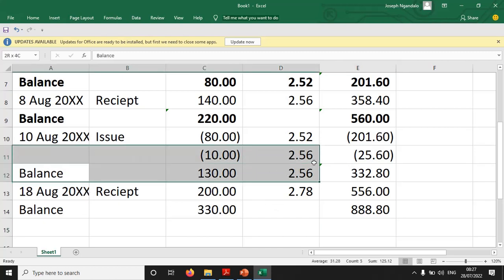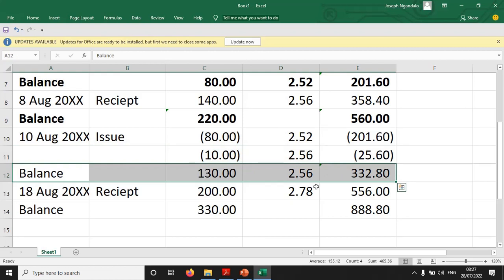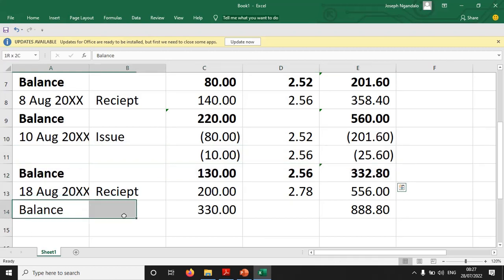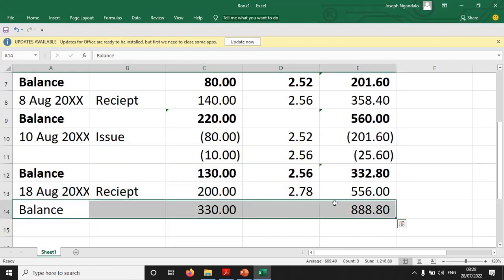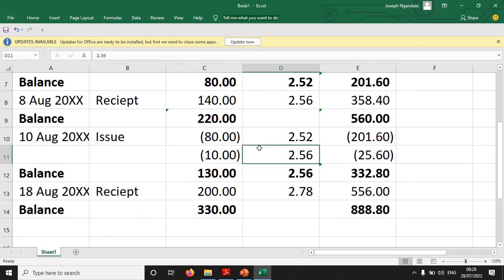Yes. So the key there is to get your balances right. You understand? Get your balances right. Okay? Because next we are going to